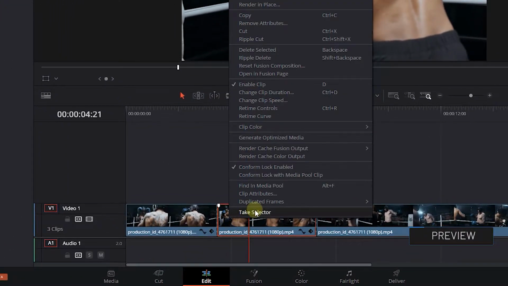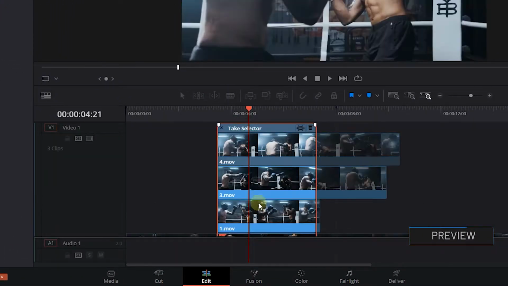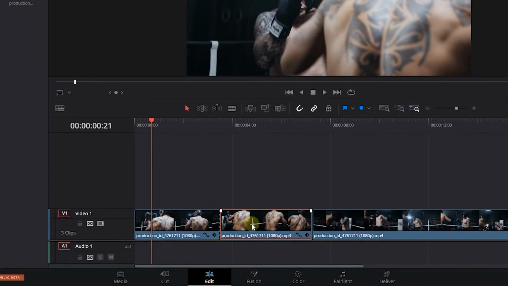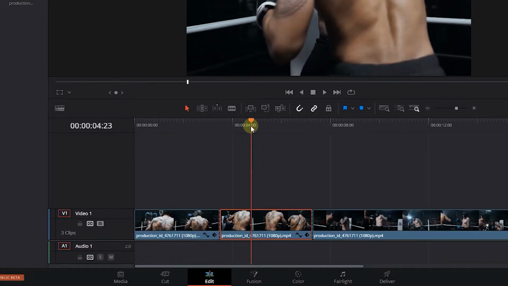How to select the best shot between multiple shots of video in DaVinci Resolve. To begin, I added 3 clips to my timeline. I also added some clips to the media pool. Here, I'm editing this clip and I want to select the best shot for the second clip between some shots